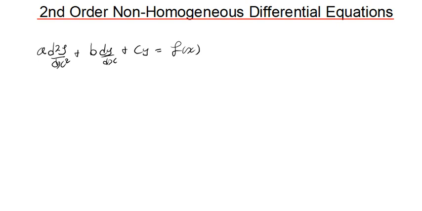When we were talking about homogeneous differential equations, we were equating this equation to what? To zero. But in this case, we're equating it to what? To f of x. Okay. So strictly talking about non-homogeneous differential equations of this kind, it's a situation where our f of x